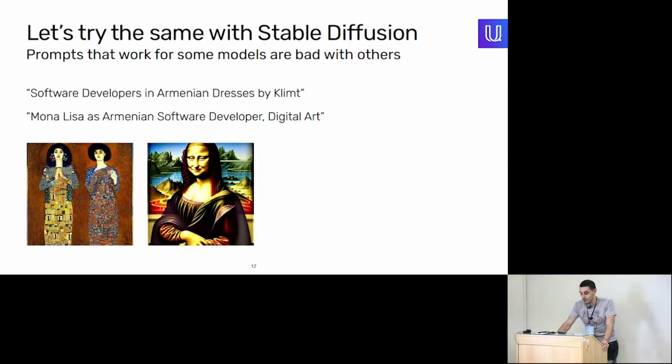So there was this Midjourney paper, and then there were a bunch of papers or models later. One of the most recent ones is Stable Diffusion. I guess it was published a week ago or so by Stability AI. And we ran that same model with the same prompts that we had for DALL-E. Even though generally models that come later improve on the previous results, there is a lot of dependence on the specifics and the style of the prompt. So those same queries yield, well, I don't want to say garbage, but not really as good as previous results.